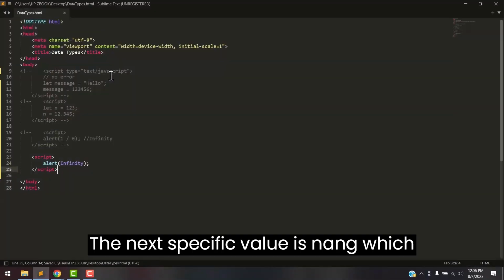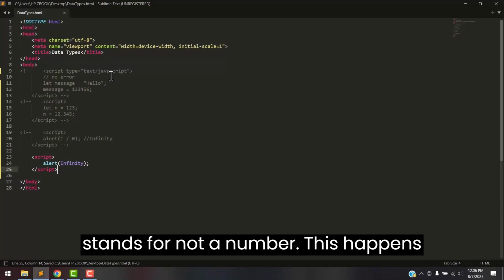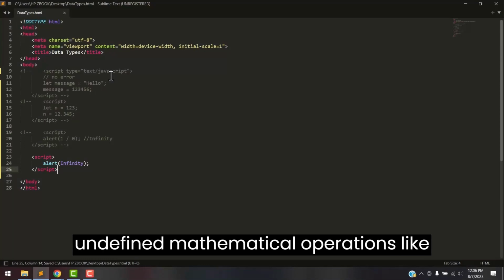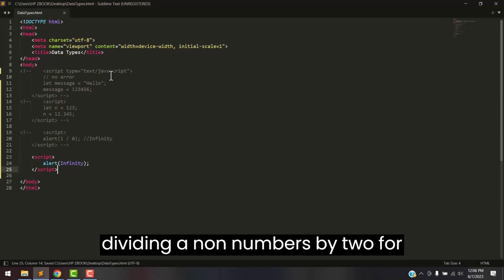The next special value is NaN, which stands for not a number. This happens when we try to do an incorrect or undefined mathematical operation, like dividing a non-number by 2. For example,